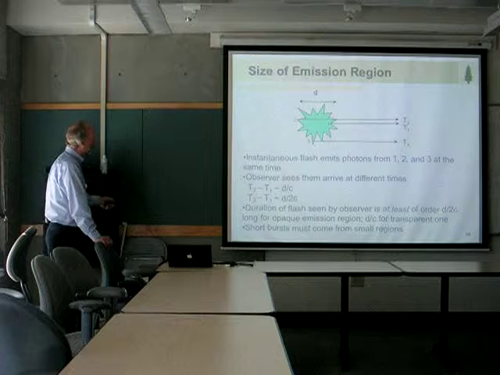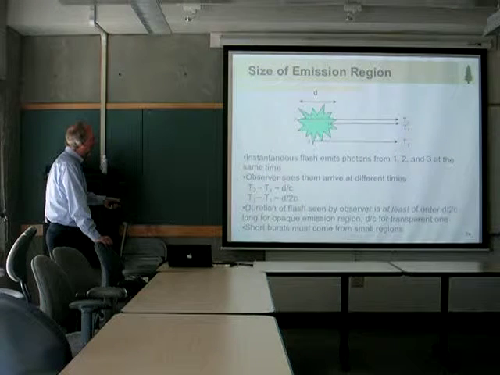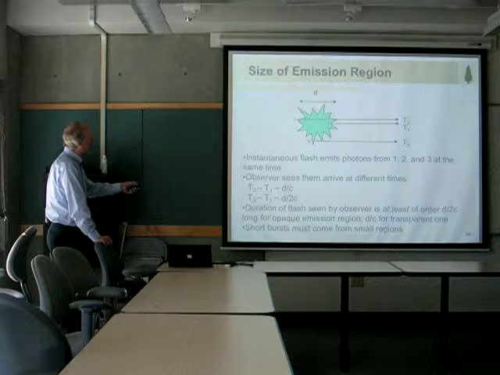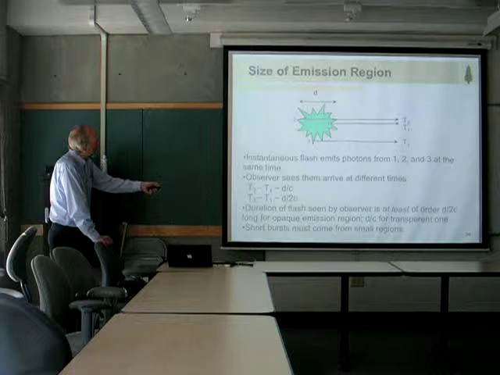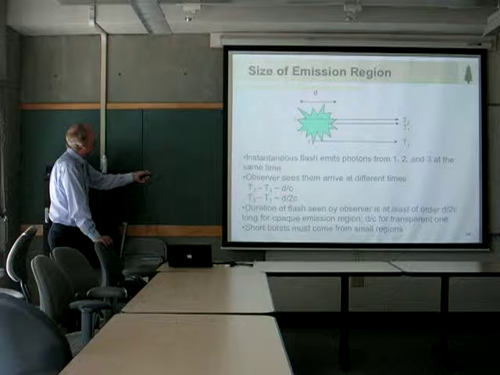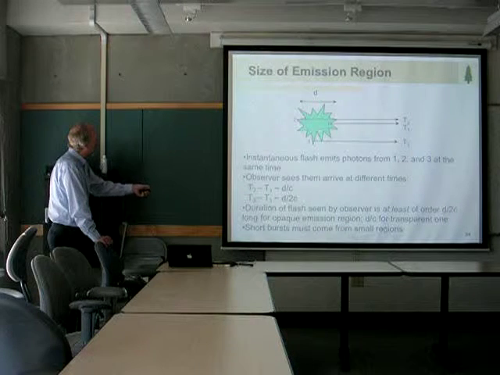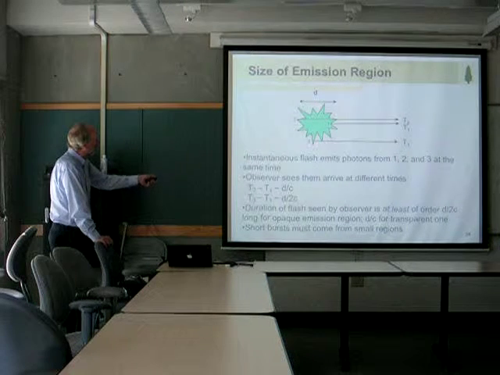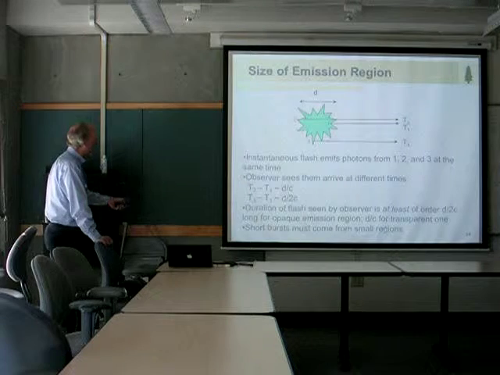But as an observer, we see them arrive at different times, because the photon that's emitted from the backside basically has to propagate an additional distance d, and the photon that's emitted from the limb, from the side of the object, has to propagate an extra distance